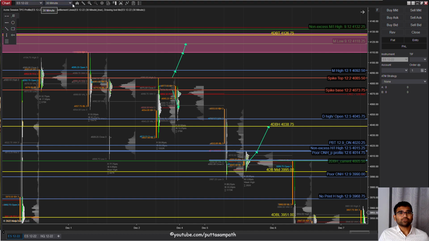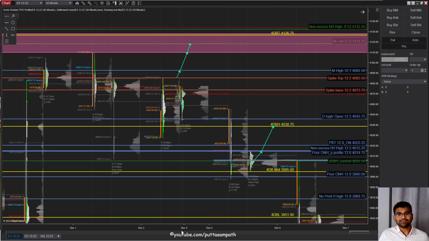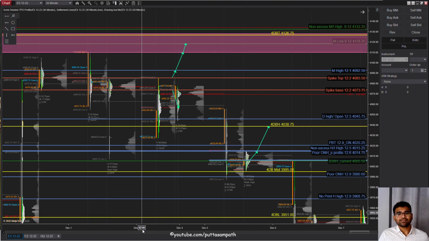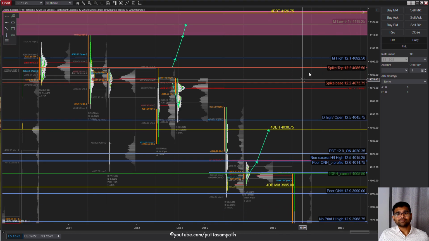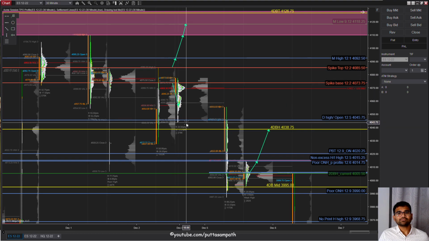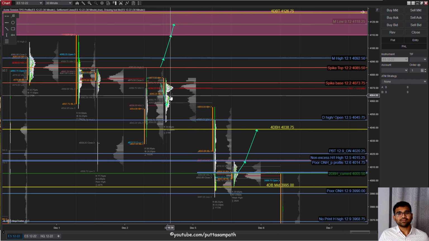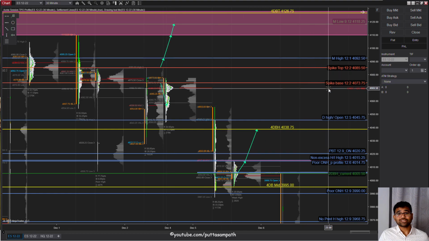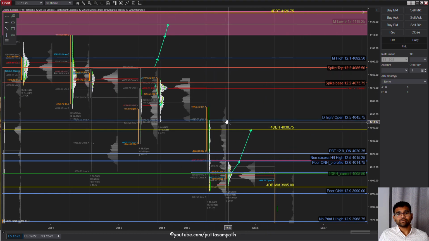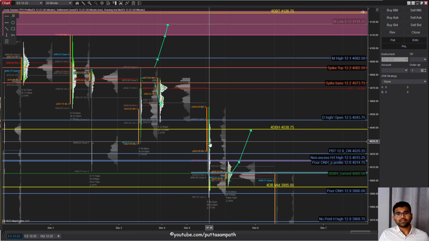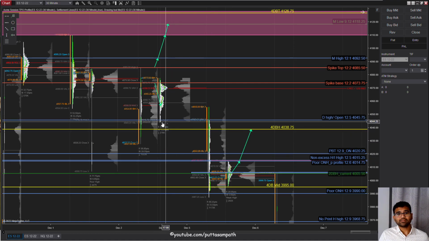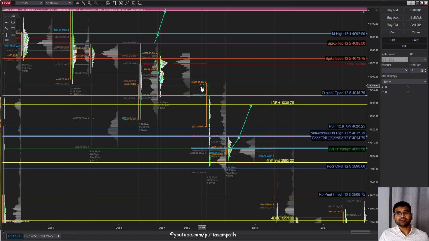So let's start with what has happened last week, where we had discussed, on December 2nd, last Friday, I mentioned that 4073 is my line in sand for the upside. As you can see, the whole overnight session over the weekend after Friday, we traded below the spike base, which is actually bearish. And the moment we opened on Monday, we continued going lower